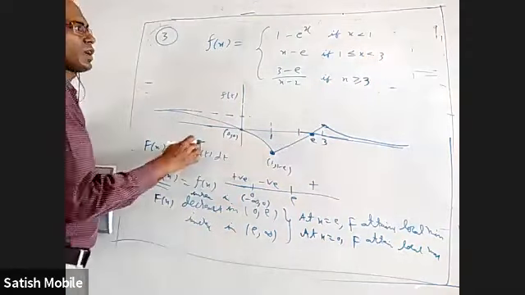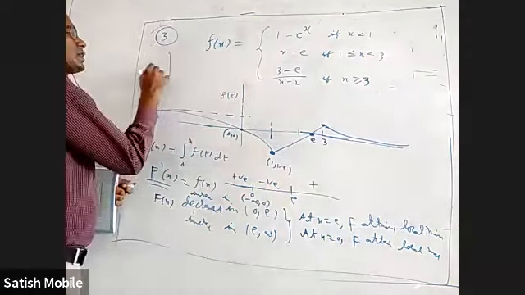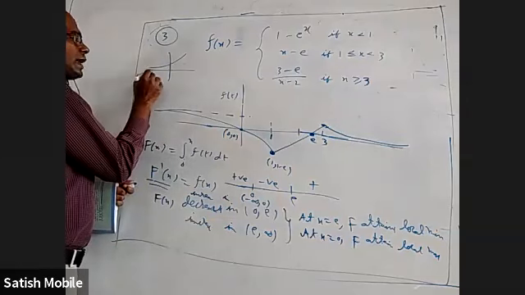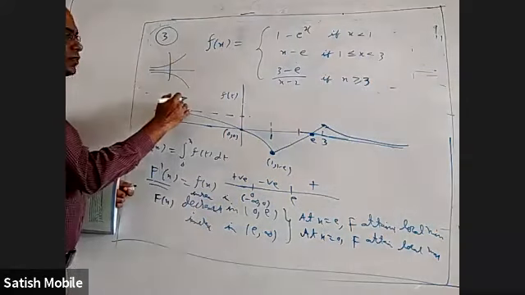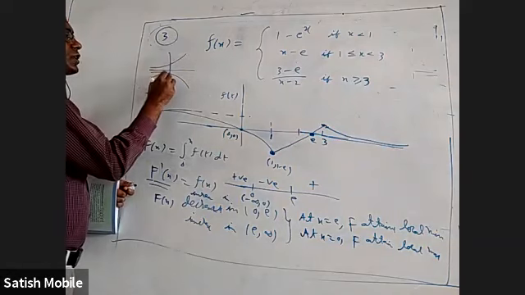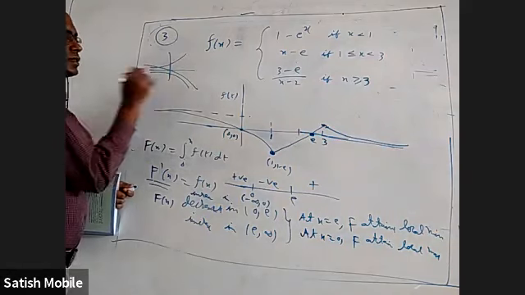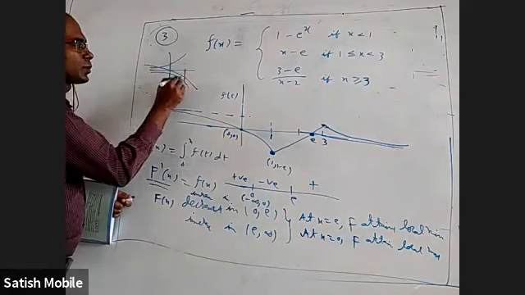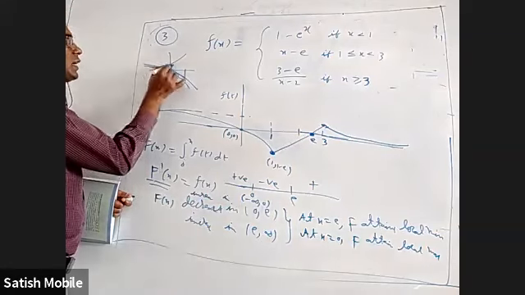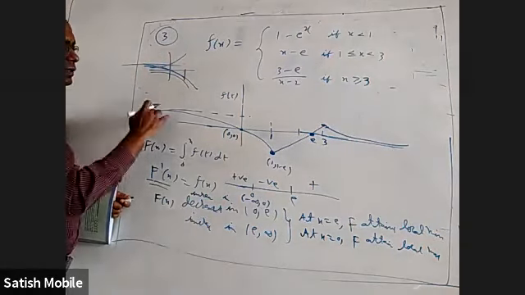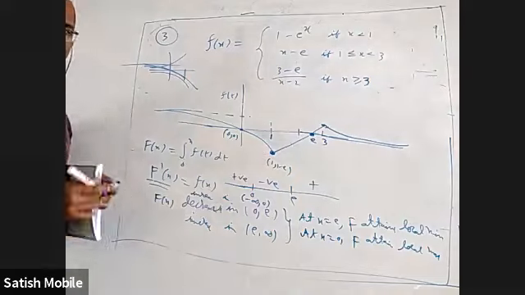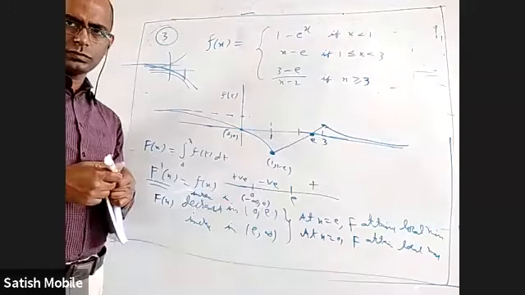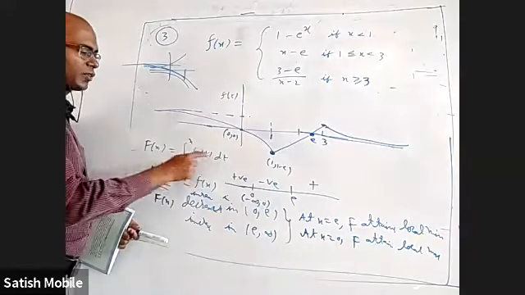Coming to before 1, this is the graph of e power x. Minus e power x is its mirror image with respect to the y-axis. Move upward by 1 unit, so it will go here, like this. I have to take only up to 1, which is this piece, and at infinity it is trying to reach 1. That is this graph. Is the graph okay now? Yes, sir.